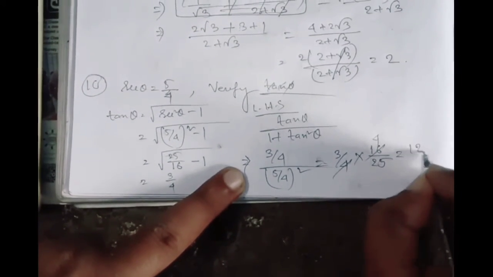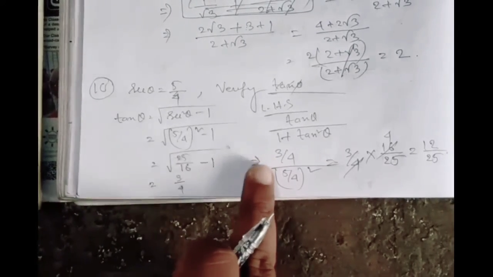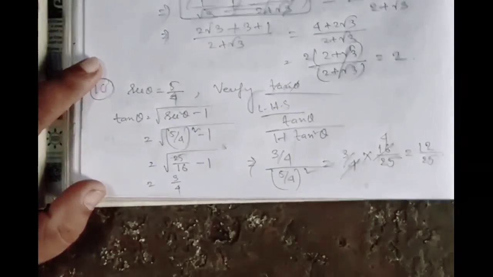That means 12 by 25. Okay, and this is my LHS. Next come to RHS. Now what is given in RHS? Sin theta